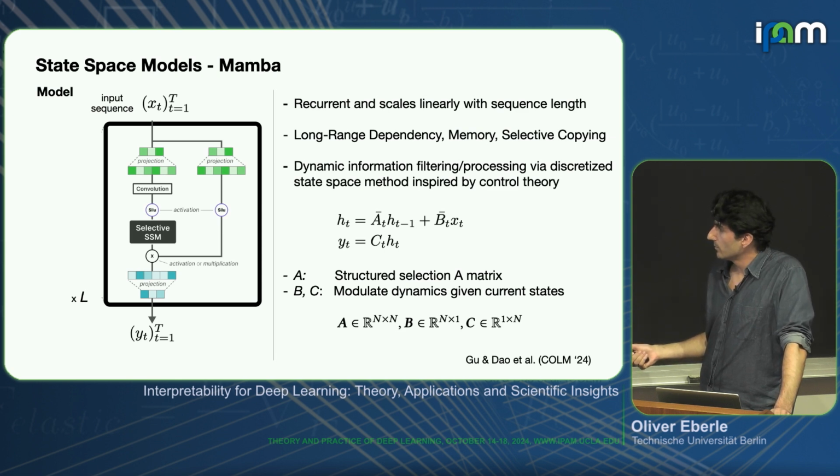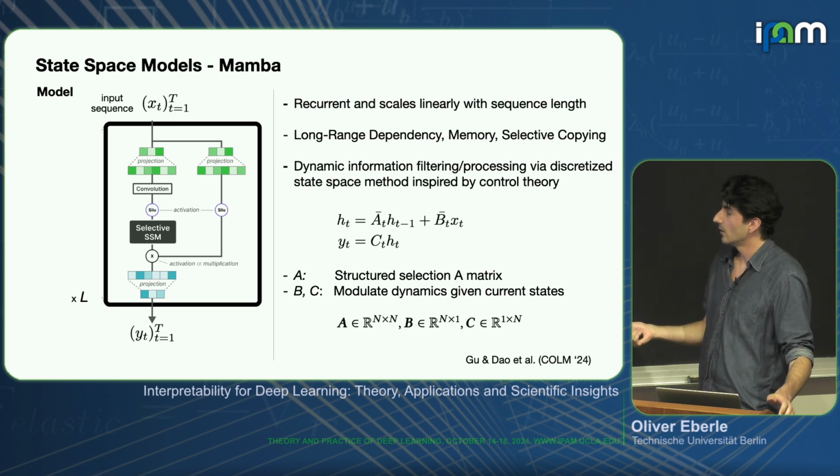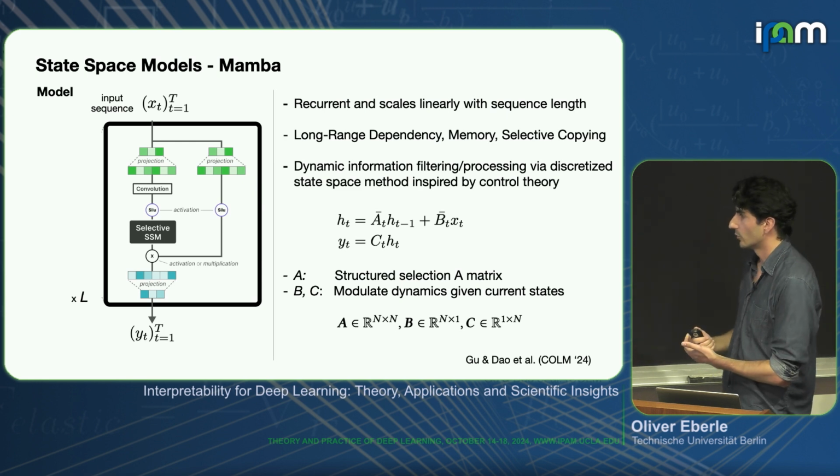Then you have your transition matrix A, which is kind of like a structured selection matrix. It tells you how much information from a hidden space you should keep. This is an n by n matrix, so it can fully transform the space that your H lies in, in a linear way. B of T and C of T are only n by 1 and 1 by n respectively, so they have more of a filtering, gating role in the system. All in all, this seems to really help bring down the complexity of the processing.